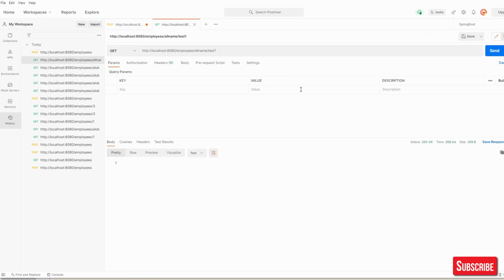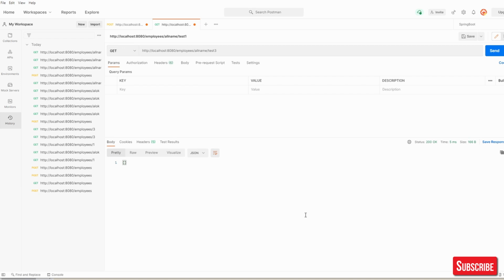Okay, so what we can do is we'll try to fetch using test1 and let's see. So this is our get request, all name and test1. It will give us a list of employees. So in the list of employees we got employee ID 1 and 3. So these are the details that we have, which is good. Now, let's say I'm trying to access with test2, which is good, again we have it. But let's say we access through test3, then it is giving us 200 right now.